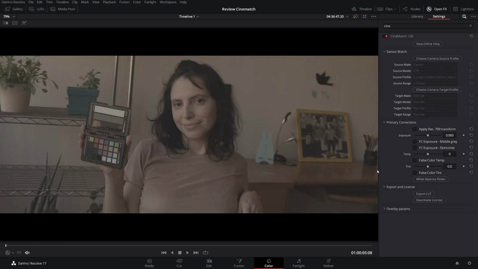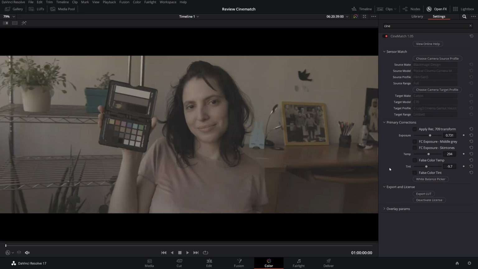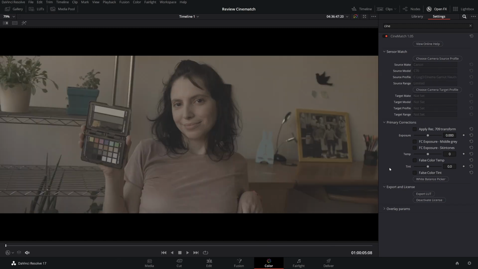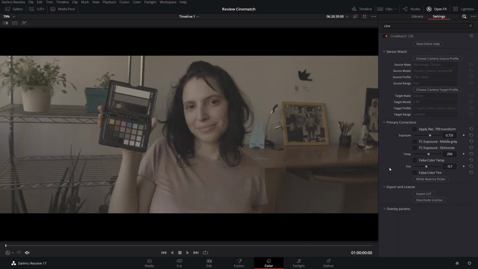It's incredible. It's like 3 clicks, very fast. You just choose the camera, adjust with these amazing tools here, and it's done. They look the same. It's incredible. I cannot believe how fast this is and how amazing it works.